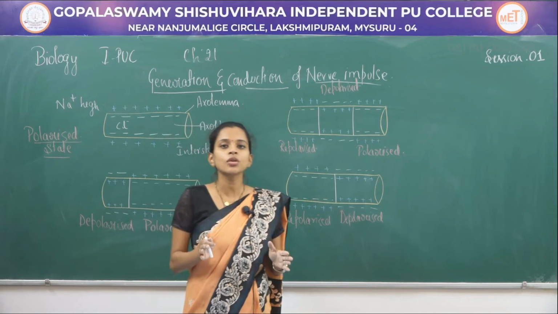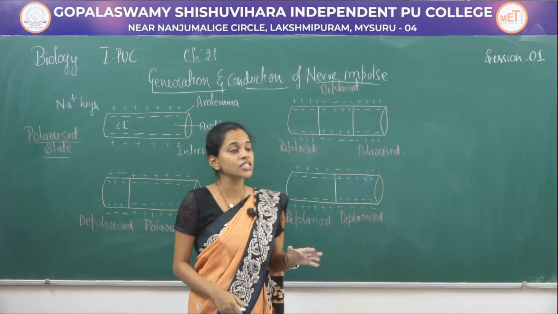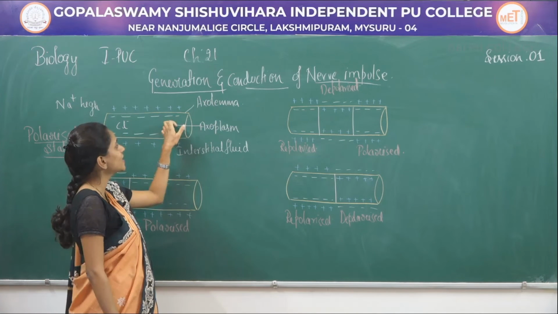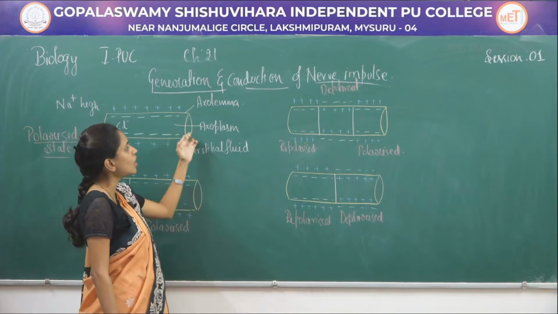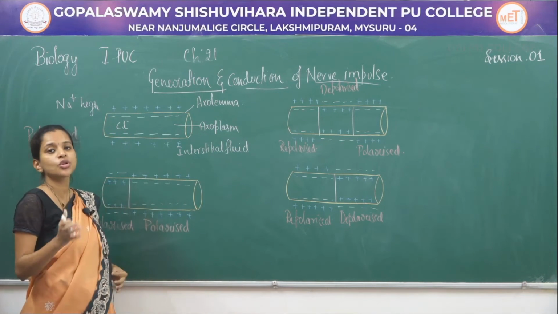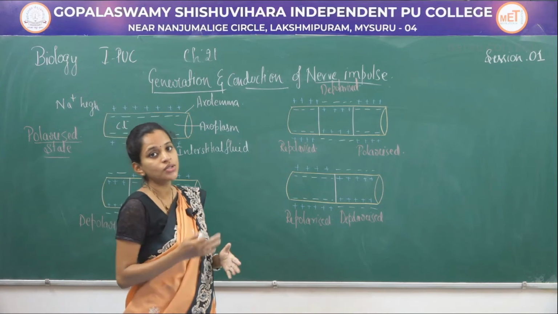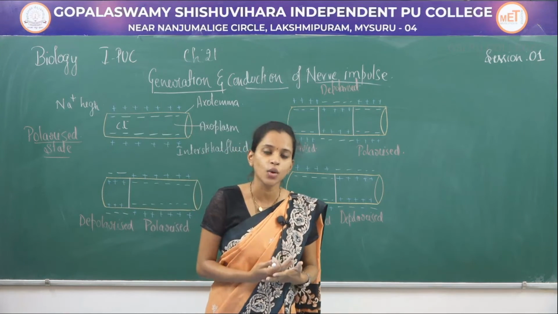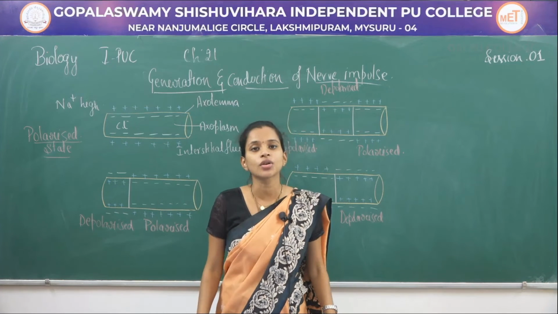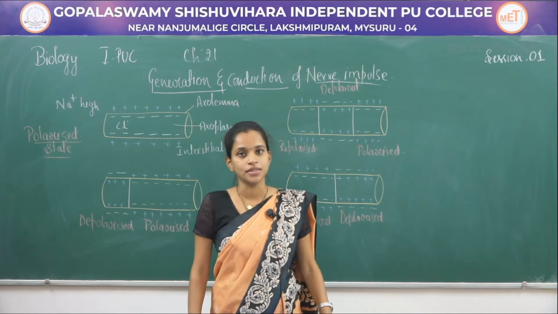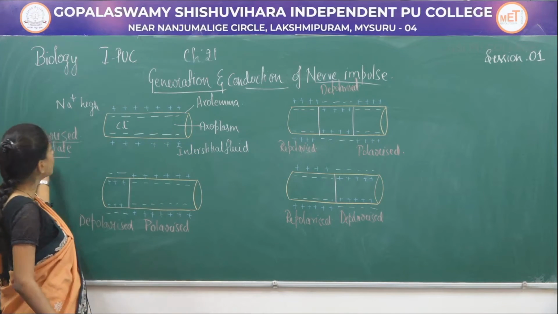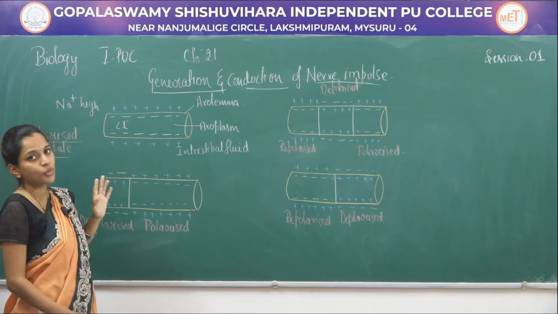part. The axon part is a cylindrical part which is made up of an outer layer called axolemma and the inner cytoplasmic component which is called axoplasm. When it comes to the distribution of ions, that will be sodium, potassium and chlorine. These three ions are the ones which lead to generation or conduction of this nerve impulse. So let us study the first part of the conduction, which is called polarized state or the resting potential.